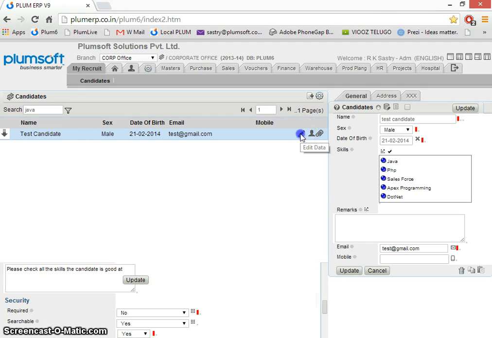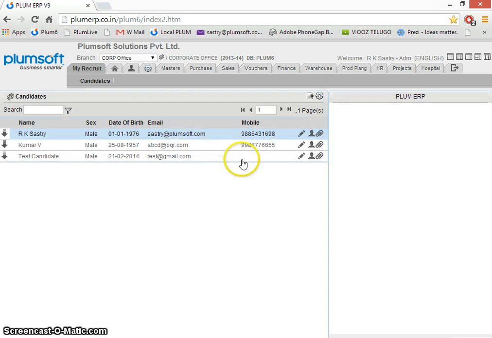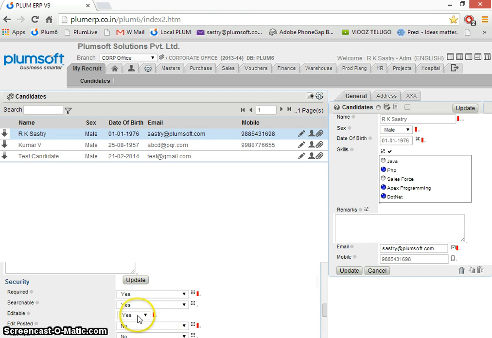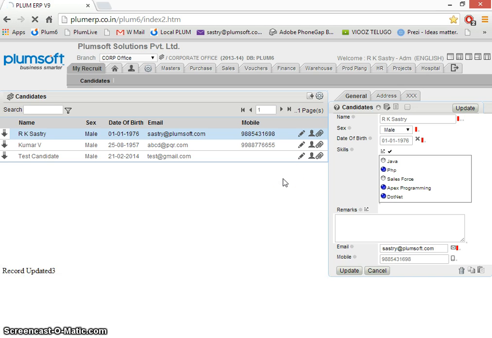Say for example, even the name of the candidate once entered, if he keeps on editing, then that becomes a point of discussion. So, let us see all the candidates. This is R.K. Shastri, and every time he changes R.K. Shastri to some other name, it becomes difficult. So, we should protect it from being edited. However, he can create the record, but the record cannot be editable. So, I said no more editing of that. That means whatever you enter first time is absolutely valid. Once entered, there is nothing I can do about it. So, this is another feature we have built into this.